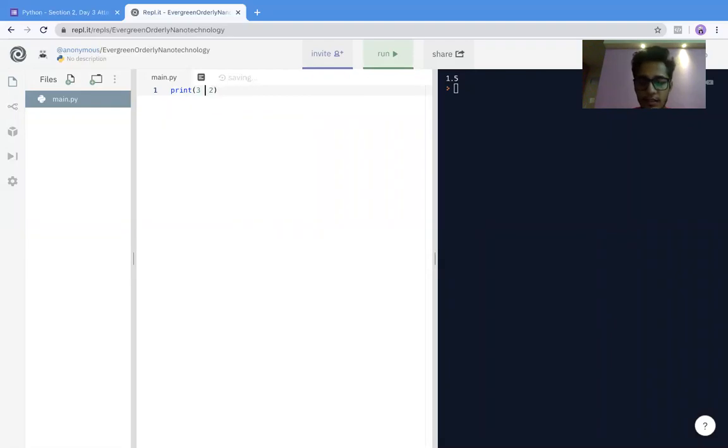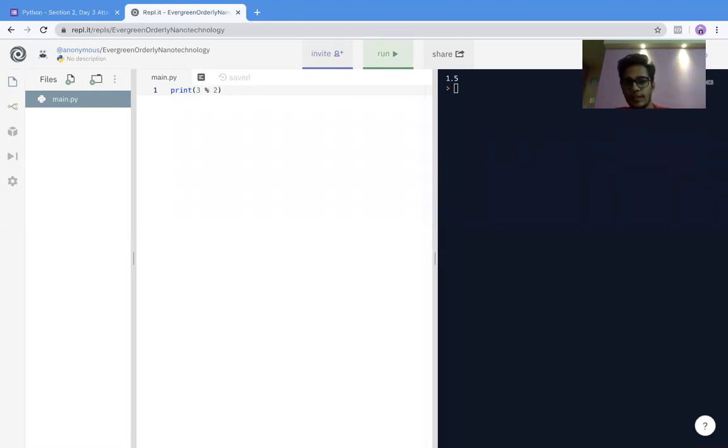Similarly, there's another operator. If you have not come across this before, then let's talk about this. There's an operator called the modulus operator, and this modulus operator is represented by the symbol percent. Now this percent in no way represents any percentage calculation here. This is a new operator which is just represented by the symbol percent, and this is called a modulus operator. Now, what does this operator do?